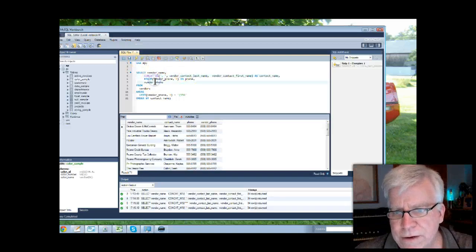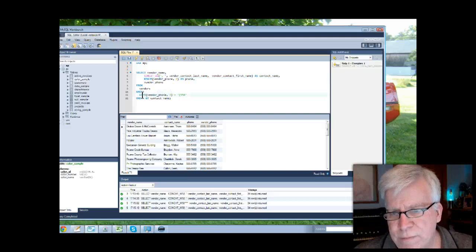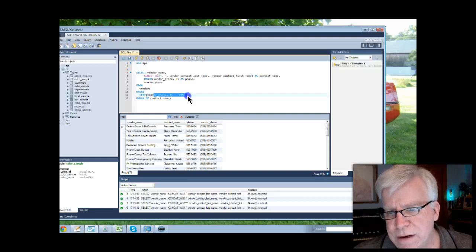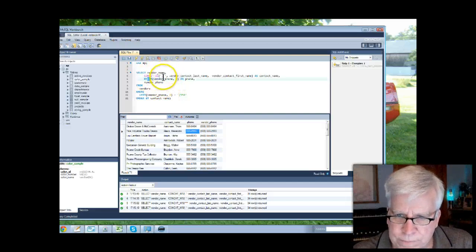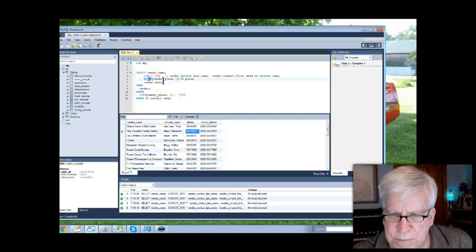And here's the vendor phone, and what they're trying to do is list the vendor phone, but they don't want the area code. And here what they've done is they've said, basically, give me a where clause where I'm going to get all of this area code, so I know which area code I'm in. So I don't want to list the area code when I list the phone. So you can see the string function, concatenated with the comma space in between the two,